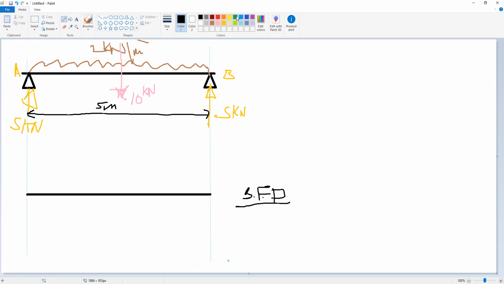To draw the shear force diagram on this beam, we have two sections to calculate the shear at. We will create section 1 at the beginning of the beam. So this is just at the beginning of the beam, and at the end of the beam at B. So this is section 1 and this is section 2. And because we have only the uniform load, we only have two sections, one at the beginning of the uniform load, one at the end of the uniform load. At the beginning of the beam at section 1,